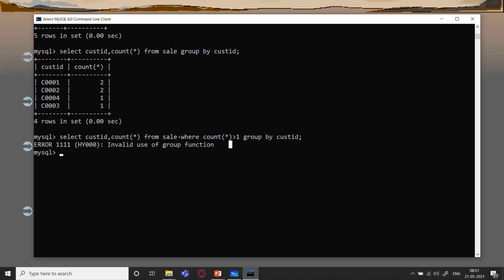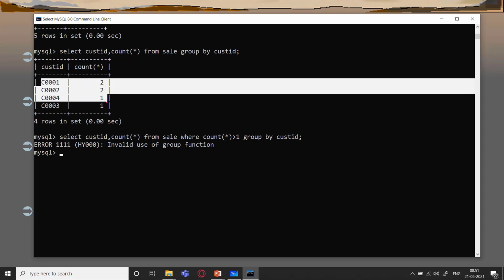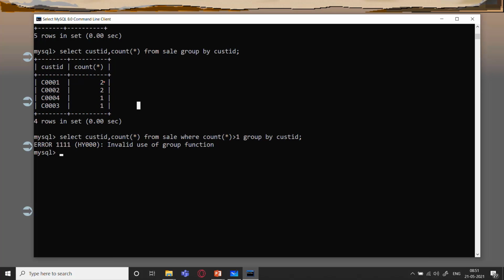So you can see that where clause doesn't support checking groups, because here we would be creating different groups. We have already created 4 groups of all the customers, and we have to check whether the count is greater in that group or not. Because this condition has to be applied on each of the groups, the where clause is not going to help us here. We have to do it this way.